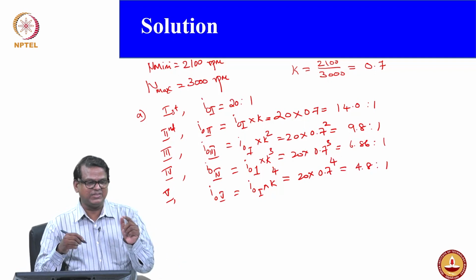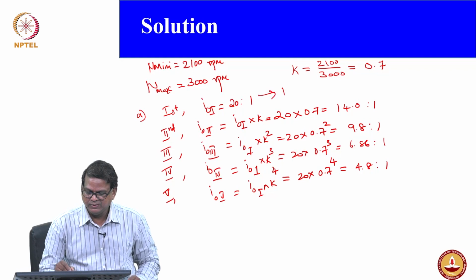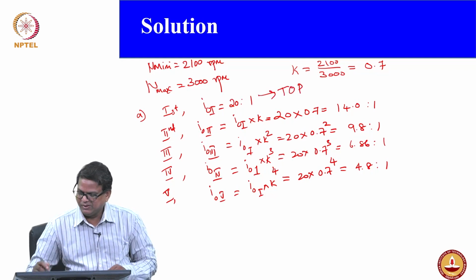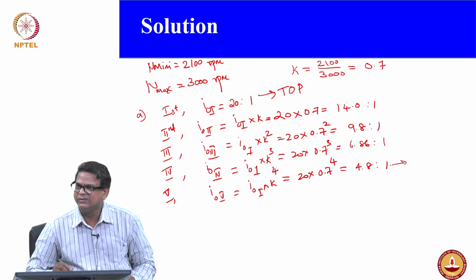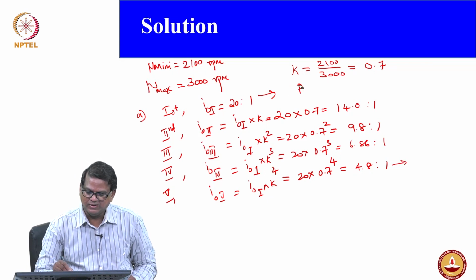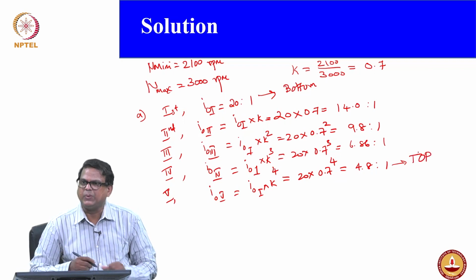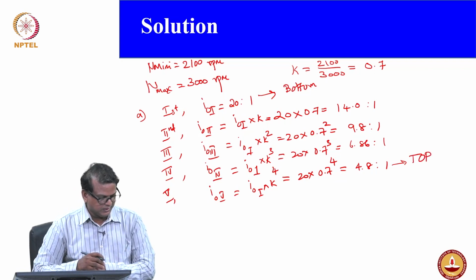As given in the problem, this is your top, am I right? That is your top, and this should be your bottom, or no, it is vice versa. This is your bottom and this is your top speeds with respect to tube. Now,